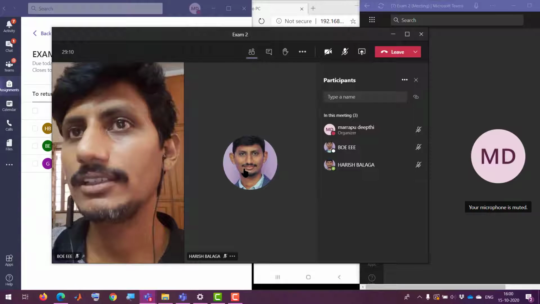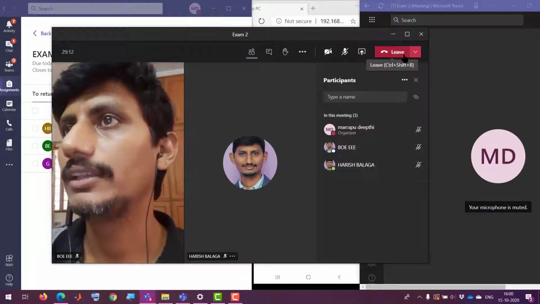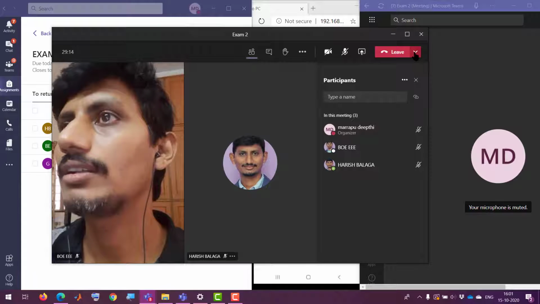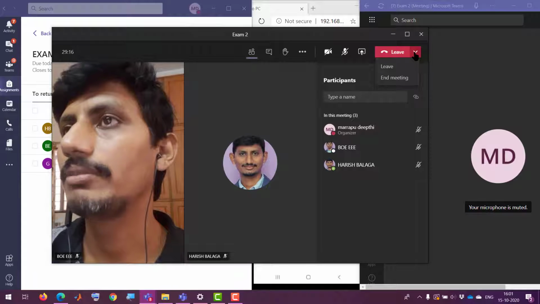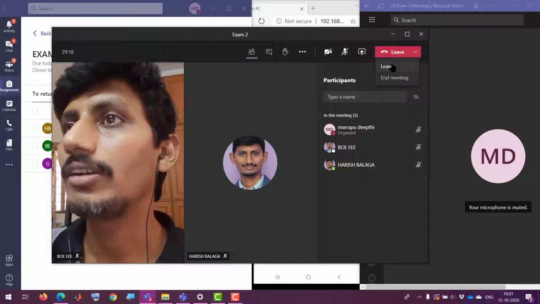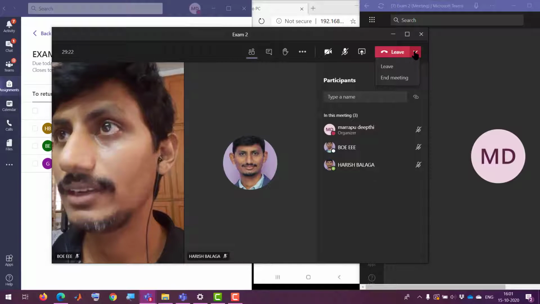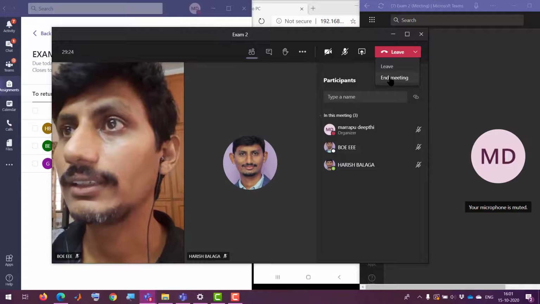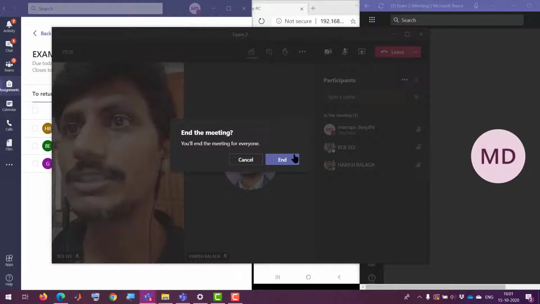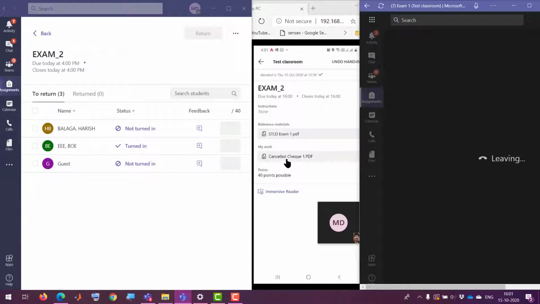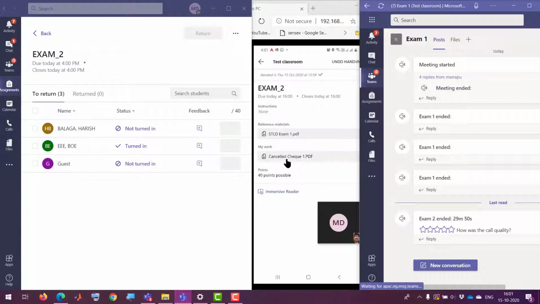If everything is done, assuming that all the students have submitted, then the mentor has to click on the arrow mark beside leave and click on end meeting, not the red button. Once this meeting is ended, neither student nor faculty can rejoin the same meeting.